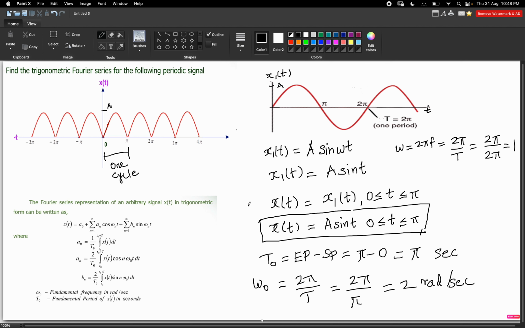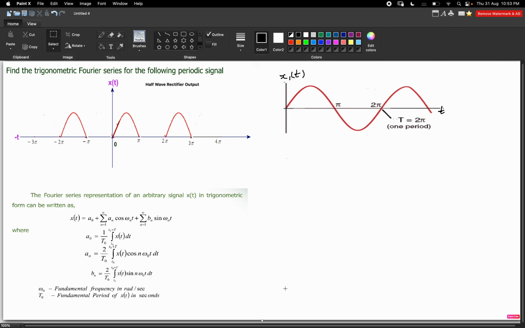If t is equal to pi by 2, it is nothing but this point. Okay, this point is pi by 2. So if you substitute t is equal to pi by 2, then sin pi by 2 equals